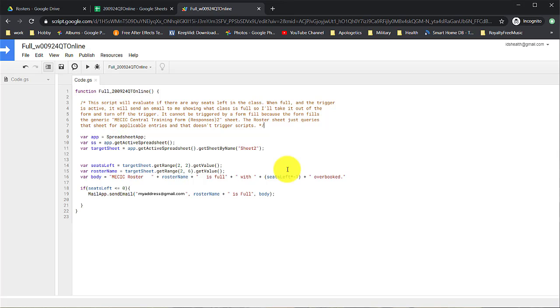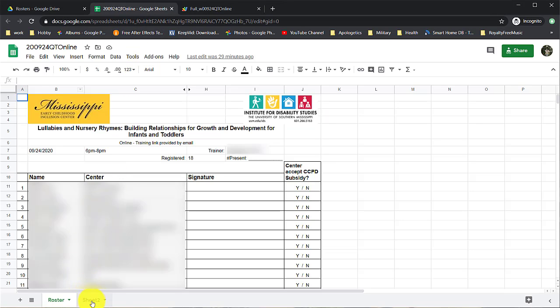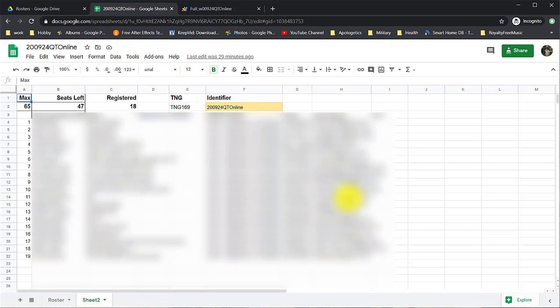Here's what's happening. So we're making a variable called spreadsheet app. There that is. I think these are pretty standard and getting going. A variable called spreadsheet, so I'm getting the active spreadsheet, which is SS, and then a variable called target sheet. I'm pulling the data from sheet 2, which is actually where the query happens. And there's more information that's coming in on sheet 2 than is needed on the roster. And so we're pulling this in. This will accept duplicates. It doesn't care. It just pulls in from the massive training sheet